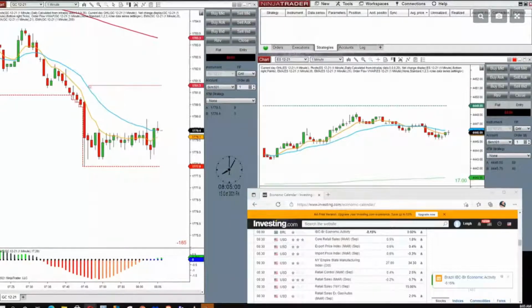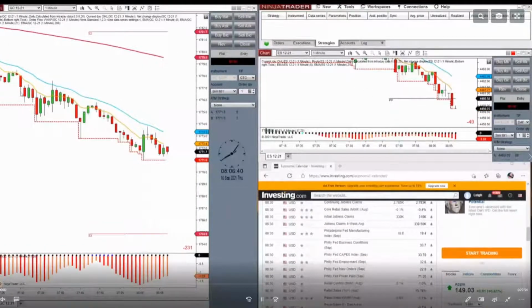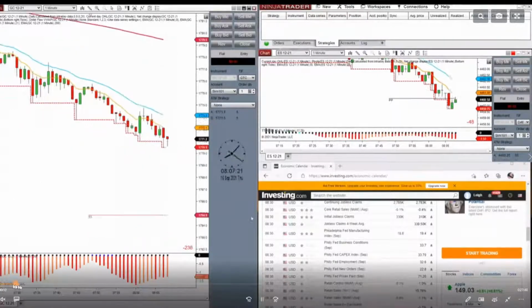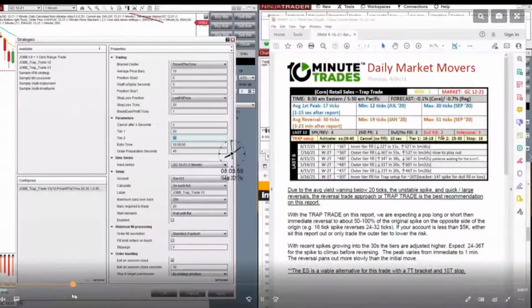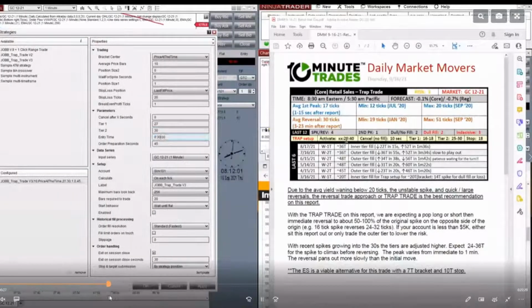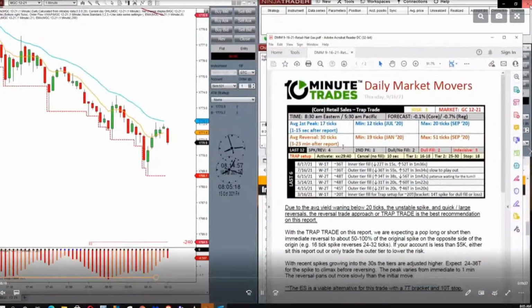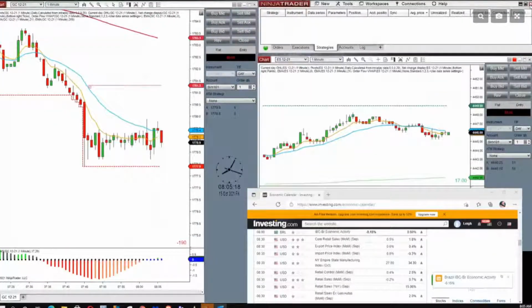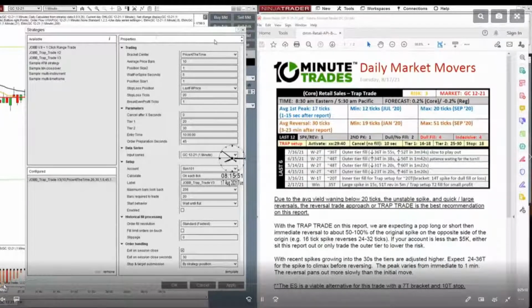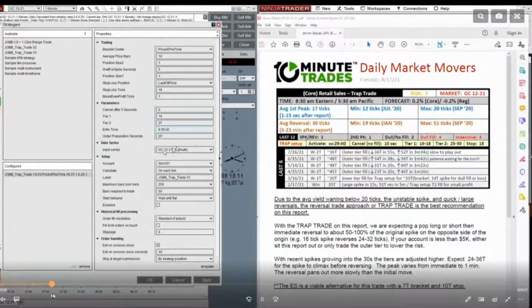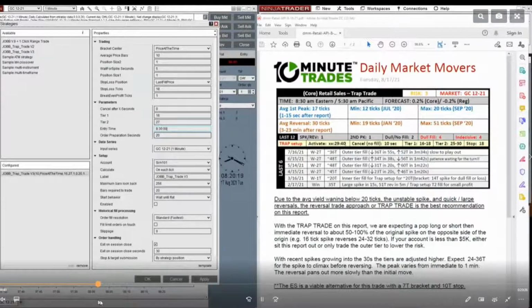So let me show. Now, you know what? Last month, if I remember correctly, and let me look, I think we had a lot of very unusual movement, yes, on the micro gold. So I don't want to show micro gold. So let's go to August. I think we used normal size.